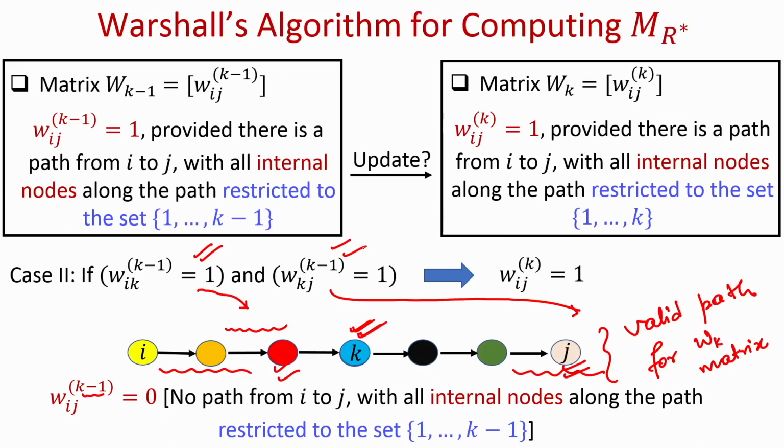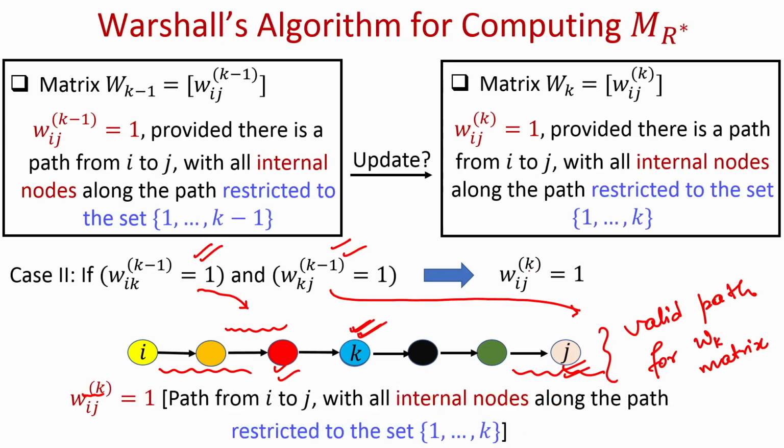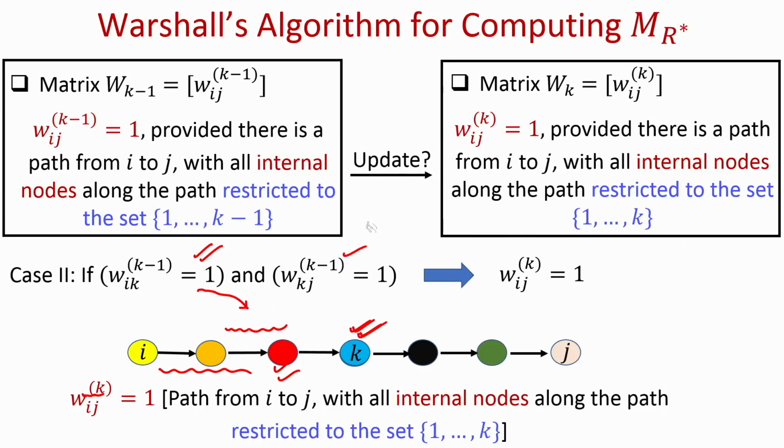I have to check whether the entry i comma k in the previous matrix is 1 or not, and whether the entry k comma j is 1 or not in the previous matrix. If both of them are 1, I can conclude that the entry i comma j in the new matrix will be 1. Okay. That is the intuition for the